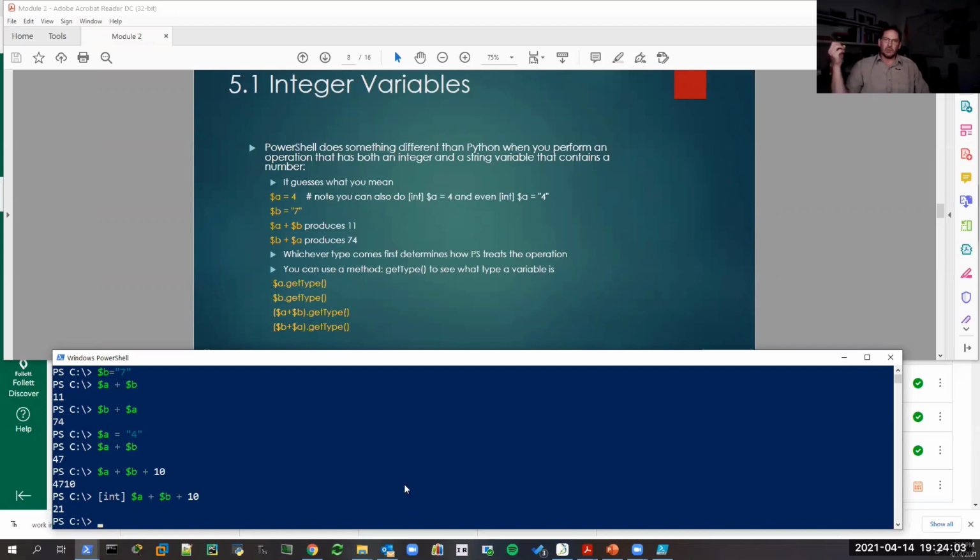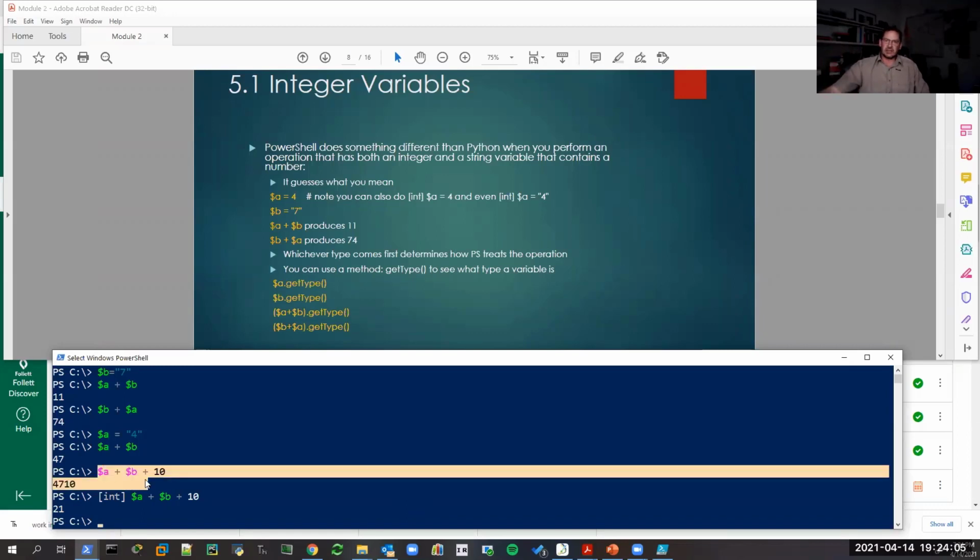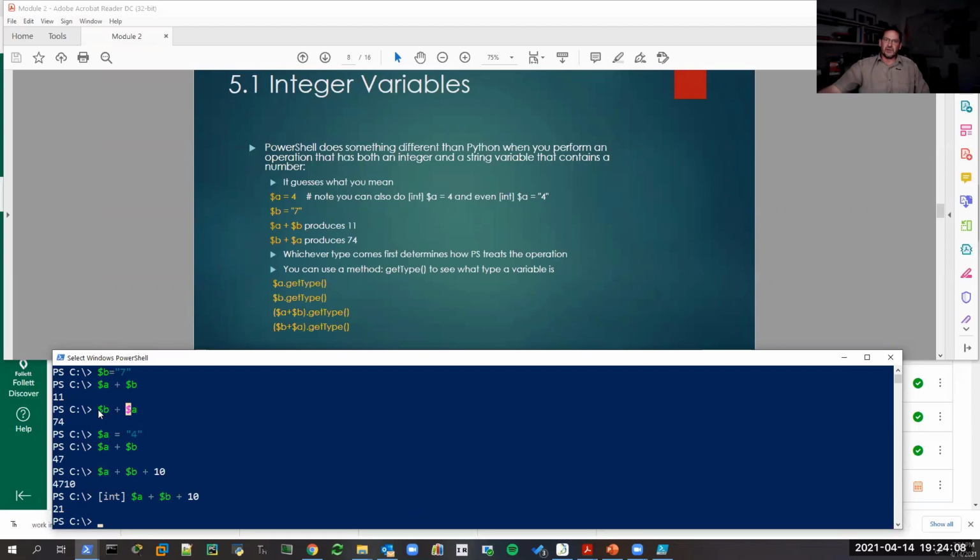So bottom line is, when it sees stuff like this and this, the first variable type that it sees, that's what it ends up doing. So if I had done this, 10 plus $A. Now $A and $B are both strings, but 10 doesn't have quotes around it, so it's an integer. So now it treats the whole thing as an integer add operation. So it's the first thing that tells PowerShell, oh, this is the way I'm going to treat the rest of it. Now, obviously, if I tried to do